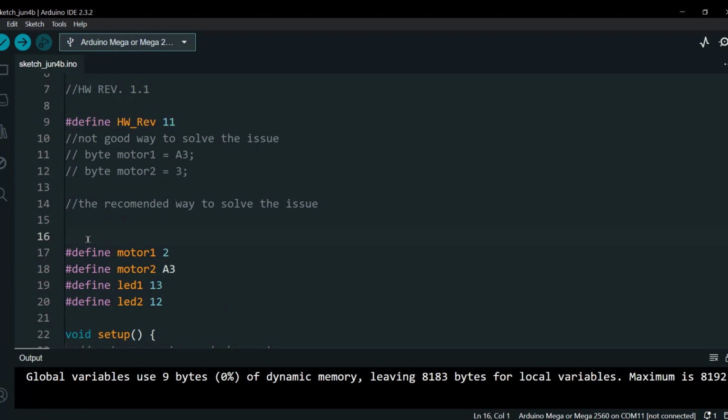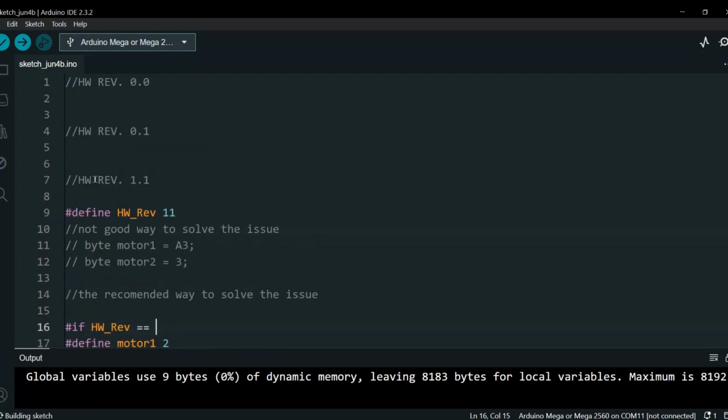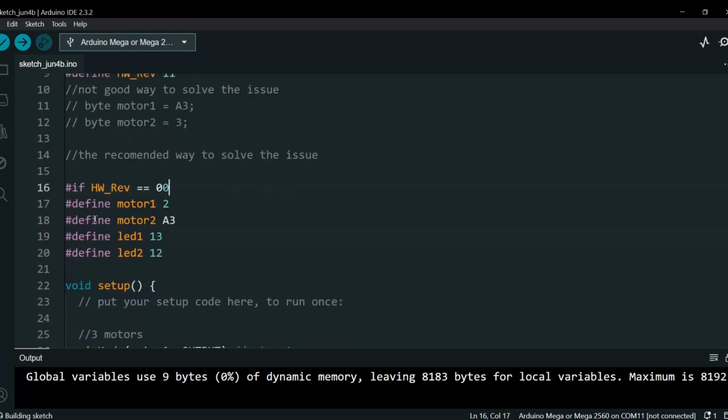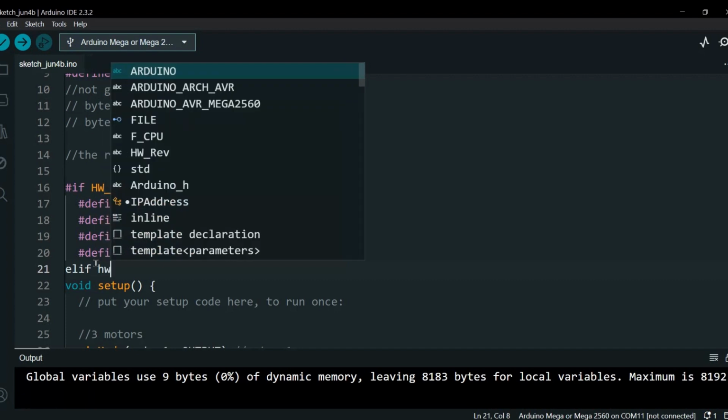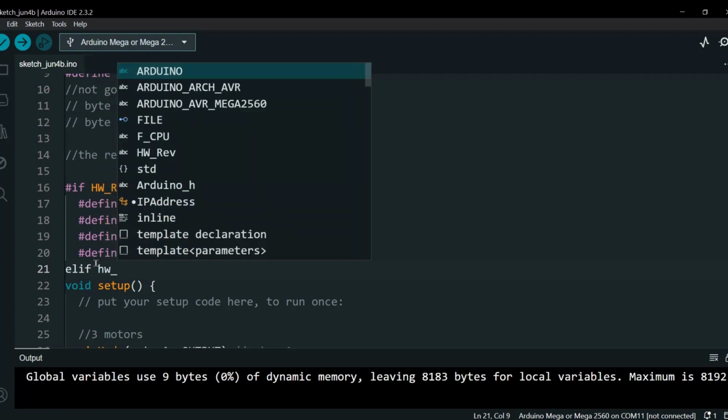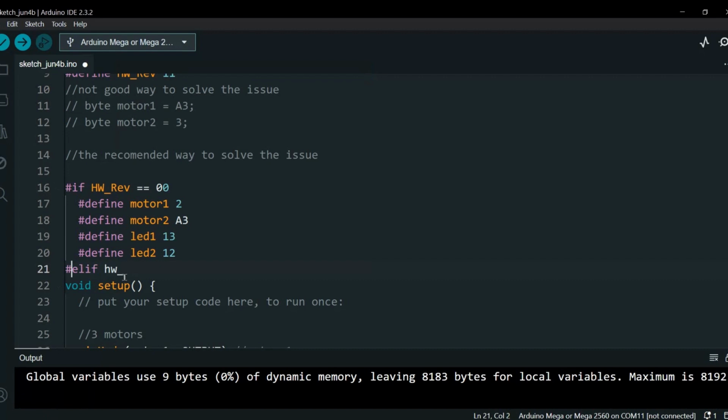How to check it? We use, again, preprocessing, or we call macros here. #if hardware revision is equal to, what is our first revision? 00. If equal to 00, for example, we do this one. #elif is else if of the macro. #elif hardware version, oh sorry, it should be hash elif